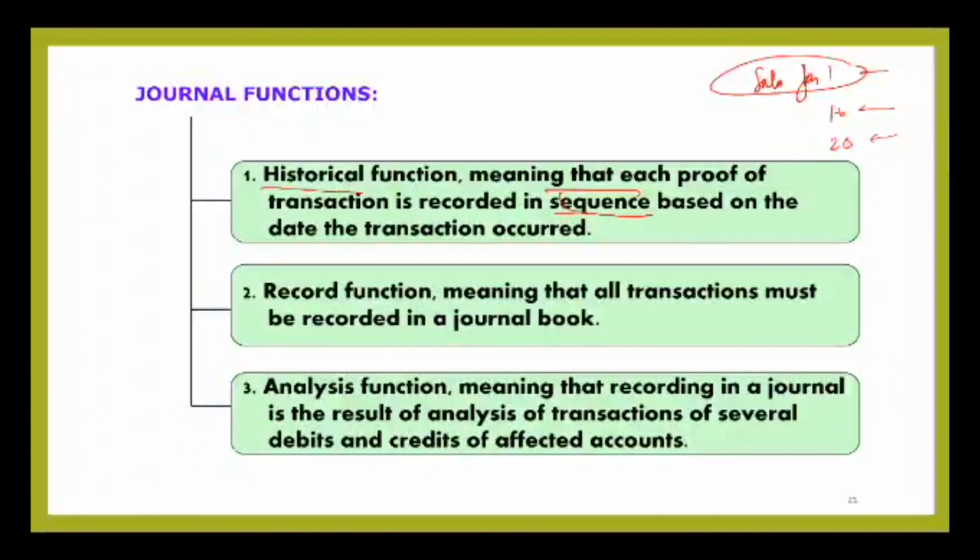Second, the record function, meaning that all transactions must be recorded in the journal book if it is manual. Like I said before, you use a bound book, a book which is bound with something like a spiral. Okay, and then the analysis function, meaning that recording in a journal is the result of analysis of the transaction,